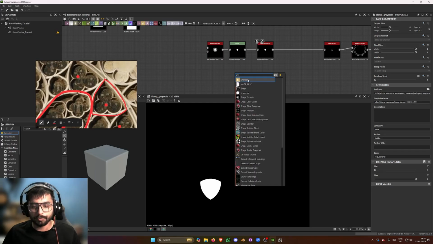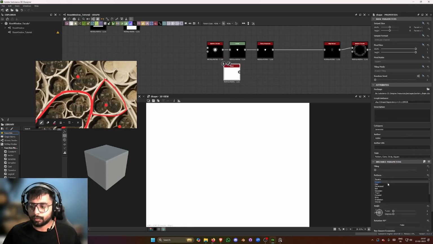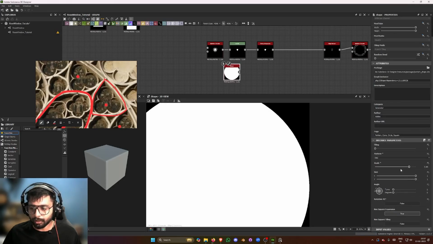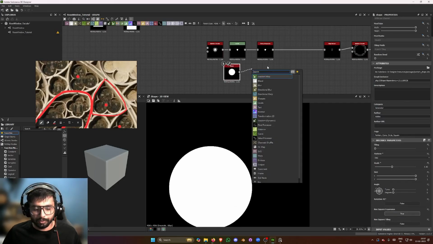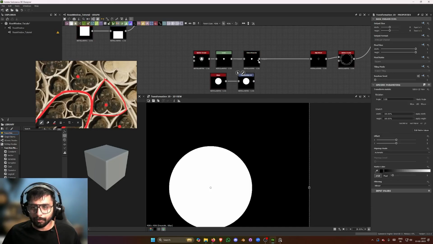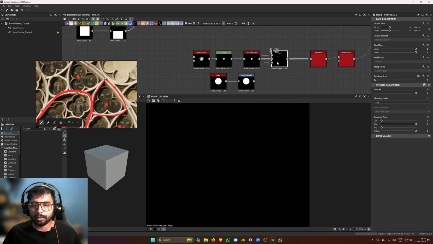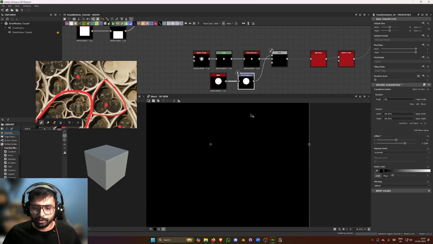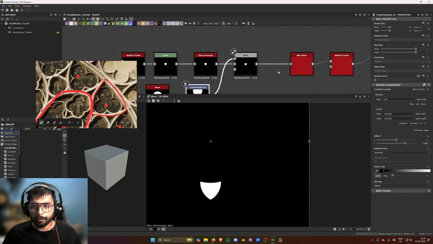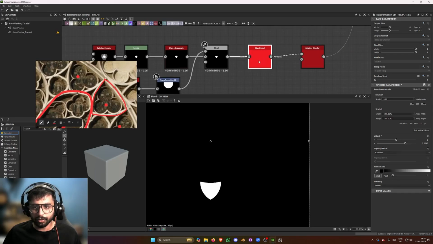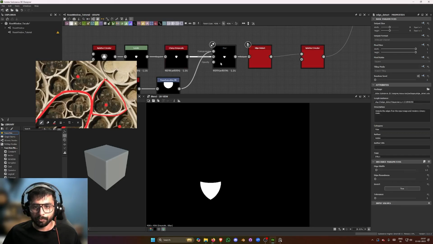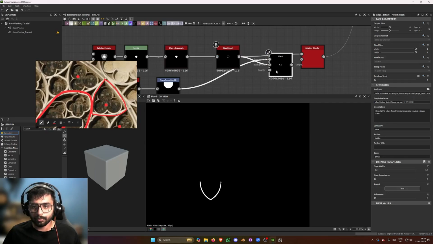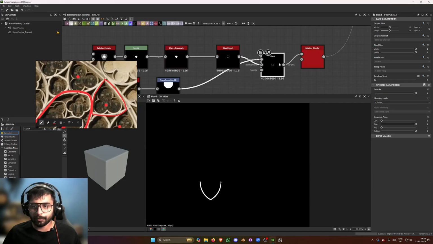So let's take a shape, disk, scale it down, and transform 2D, and blend, and blend it to subtract, so that it subtracts the circle. And now if I just move it up, it's gonna subtract it. Actually meant to do that after the edge detect. So yeah, that's